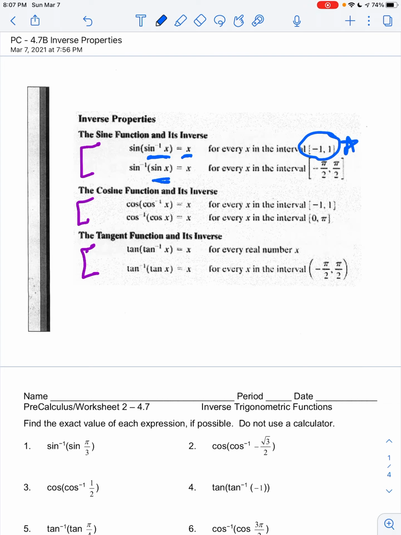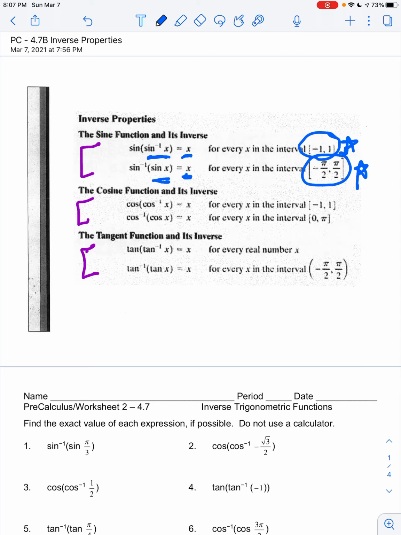In the second composition, you are taking the inverse sine of the sine of x, and it will equal x as long as x is in the interval from -π/2 to +π/2. That's because here you're taking the sine of the angle and getting a value, and that value is a unit circle value, and then we're saying find the angle that has that given sine value. As long as the input's between -π/2 and +π/2,